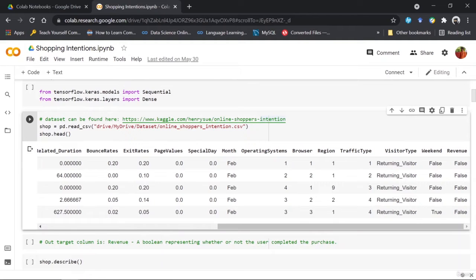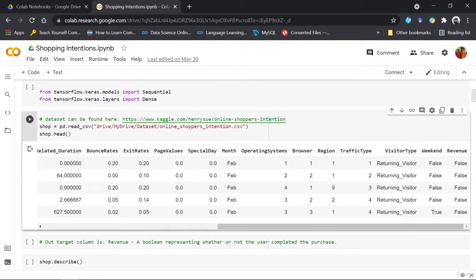So the next I'm talking about would be exit rates. Now exit rates refer to the number of times visitors have left a site from a single page. Meaning, let's say that a visitor came onto any one of the pages from the site, and rather than going on to another page and exploring that site, the visitor saw the first page and left from there itself only.